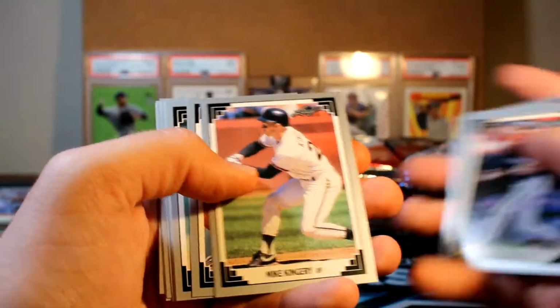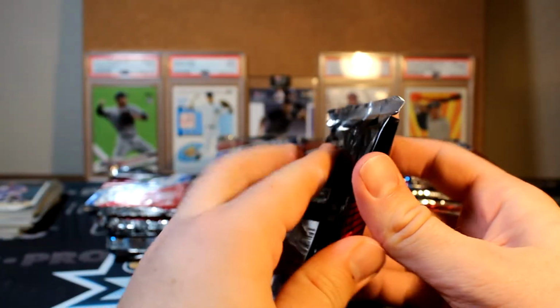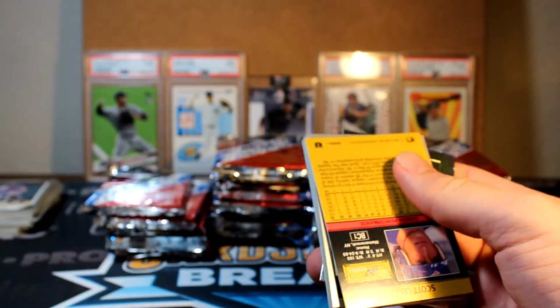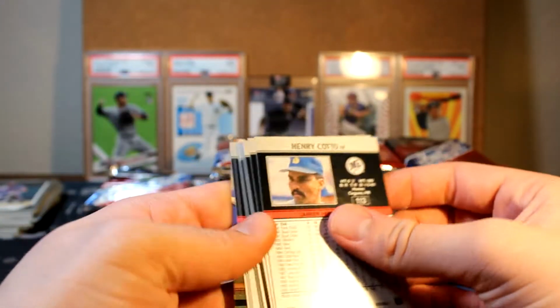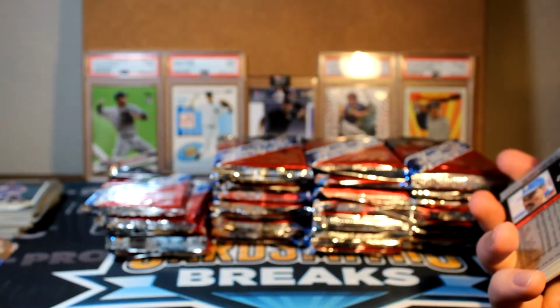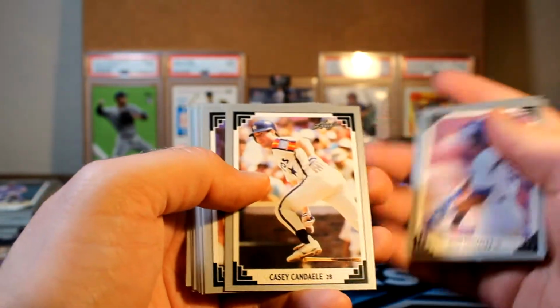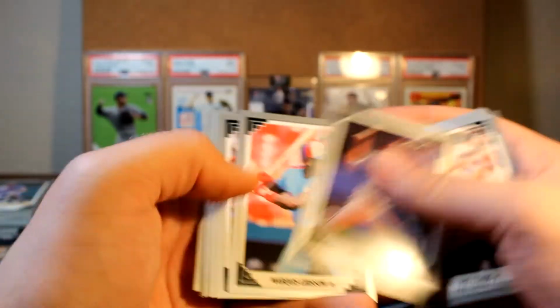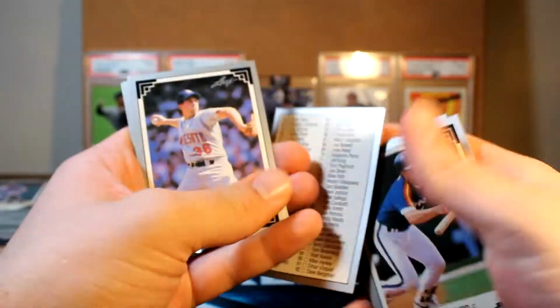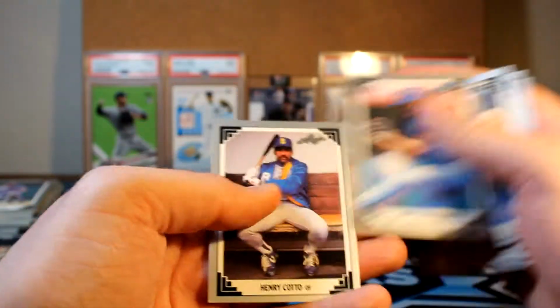Will the Thrill, Harold Baines, Alomar, Canseco. I don't mind this set. The design is alright. It's kind of weird with the... Oh, we have our first gold rookie, looks like. Yep, and it's Scott Lewis. Cool. I don't really know who Scott Lewis is, but it's cool nonetheless. John Smoltz, Craig Biggio, it's the David Justice checklist. Yeah, I think this set should look pretty good